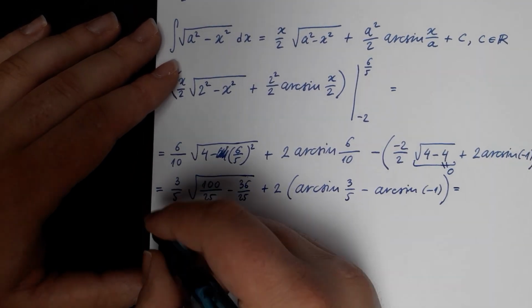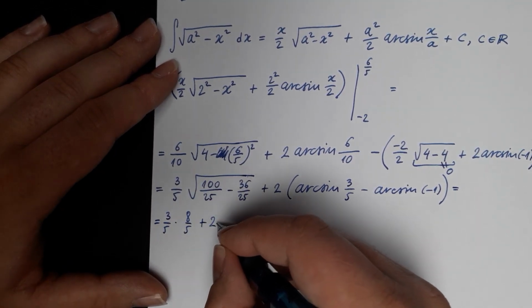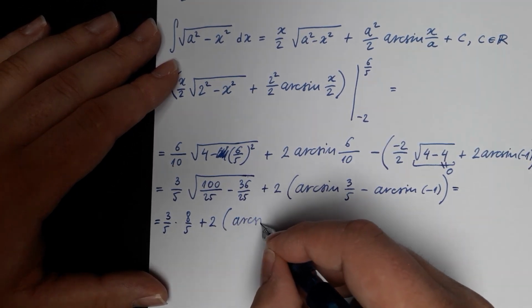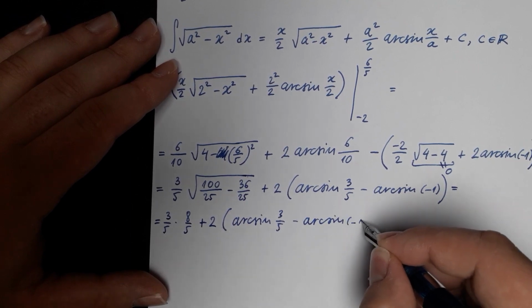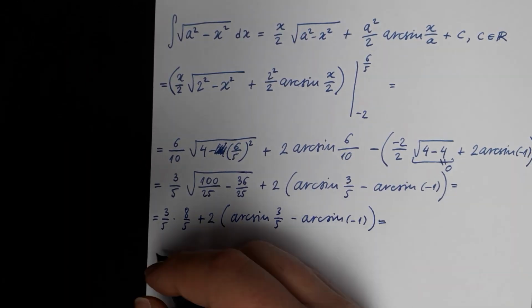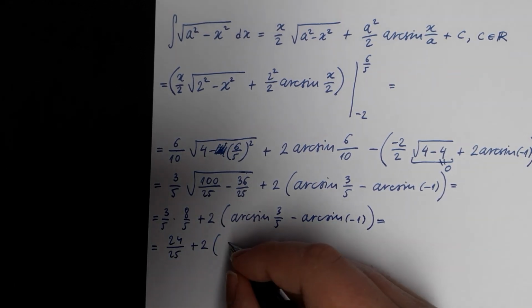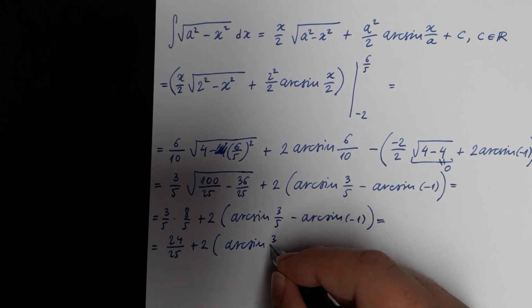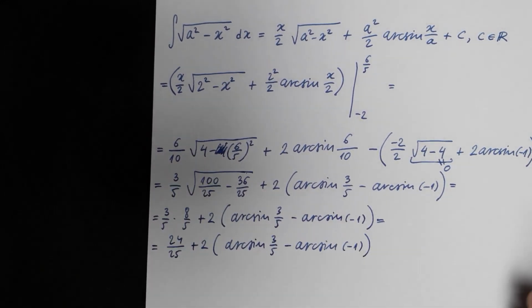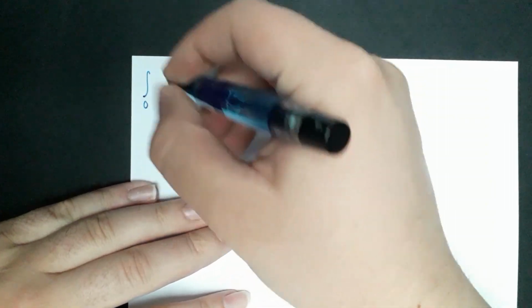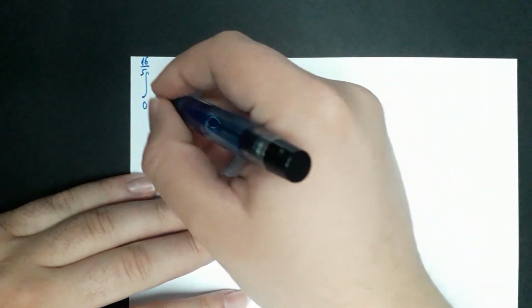So this is equal to 3 over 5 times 8 over 5 plus 2 arcsine of 3 over 5 minus arcsine of negative 1. This is basically equal to 24 over 25 plus 2 arcsine of 3 over 5 minus arcsine of minus 1. Now a second integral which we have to solve is an integral from 0 to 16 over 5,